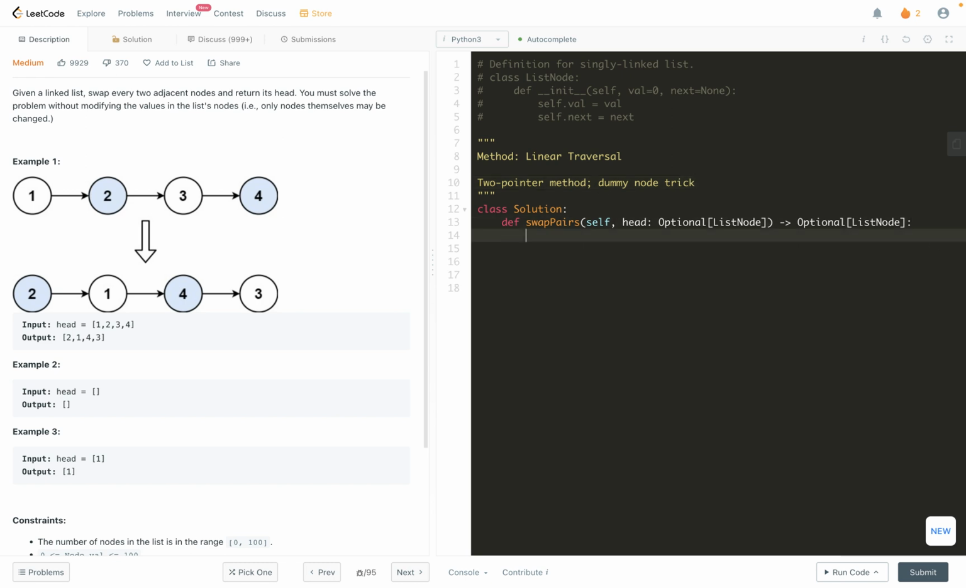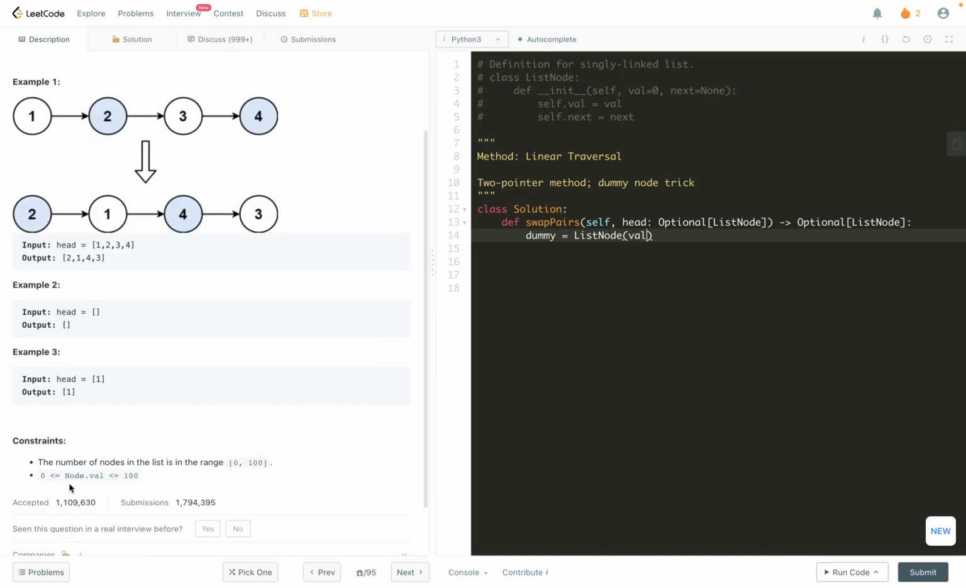So during the coding part, first I'm going to make a dummy node, right? I'm going to instantiate a list node object. Here the value is in between 0 and 100, so let's take a value, say -1, right? Then we connect the dummy with respect to the head, and then we can conveniently do the